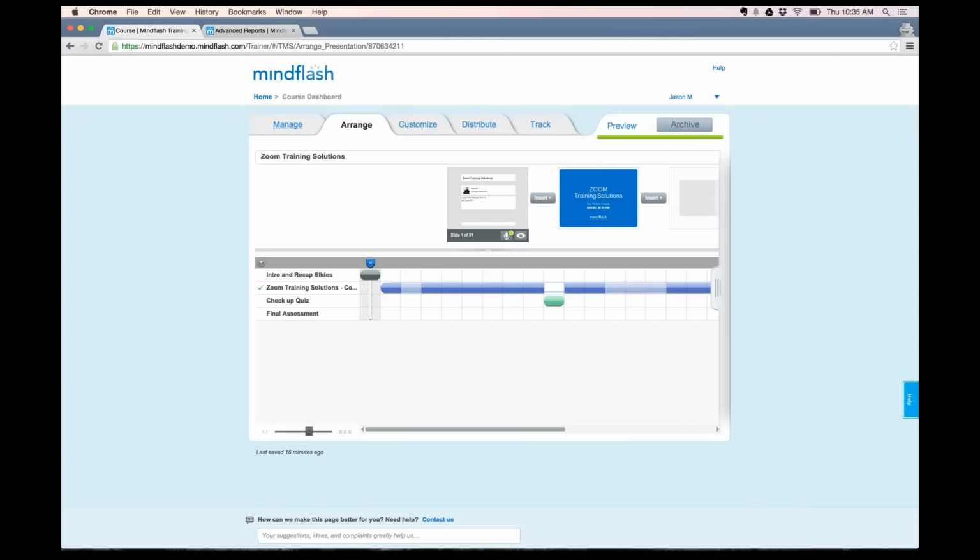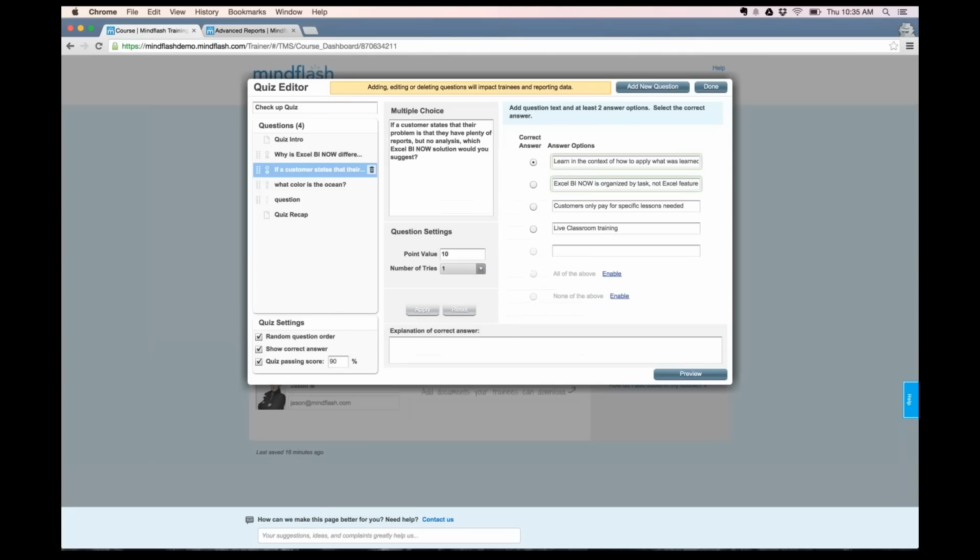How can we have quiz answers show in the order they were entered? I have random answers unchecked. So just a quick clarification on this. This is actually a point of confusion occasionally. In a quiz, this random question order refers to the questions, not the actual answers themselves. The answers are always randomized in the presentation to the trainees. So it's not possible to turn off the randomized question order. If you do have some items like you